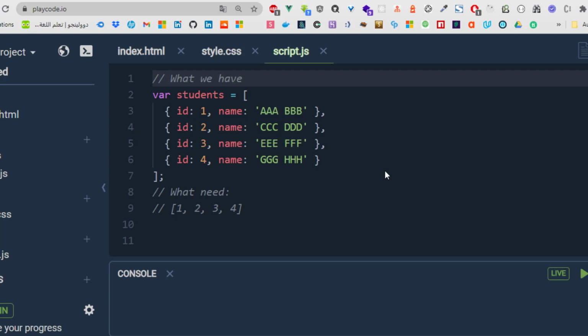JavaScript has a variety of methods that deal with arrays, and many people may get confused when using map, reduce, or filter methods. So to start with the map method, let's suppose that we have an array of objects here, and every object has two properties, ID and name. So if we want to extract only IDs or only names in a separate array,